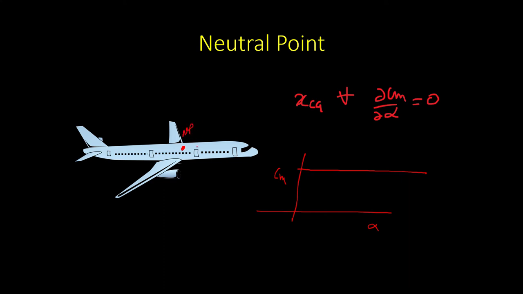So if the CG lies ahead of the neutral point, let us say if this is the CG, then the Cm alpha curve of the aircraft should look like this, and if the CG is lying behind, then the Cm alpha curve of the aircraft would be something like this. So this is an unstable Cm alpha curve, this is a stable Cm alpha curve, and this is a neutral Cm alpha curve. So in the light of this discussion, we can say that neutral point is that position of CG for which Cm alpha curve is horizontal.